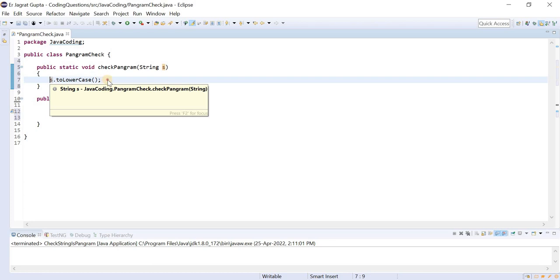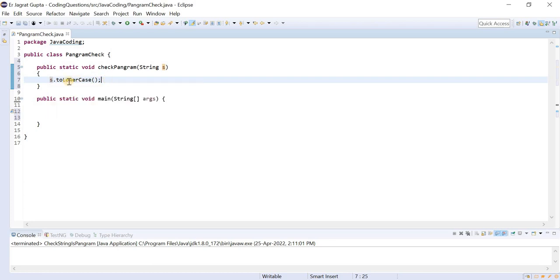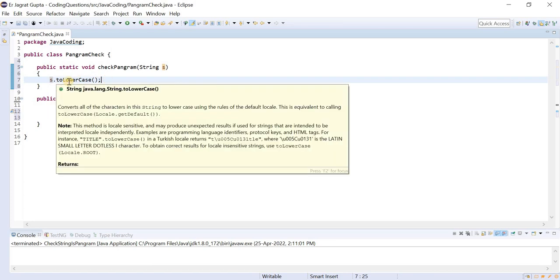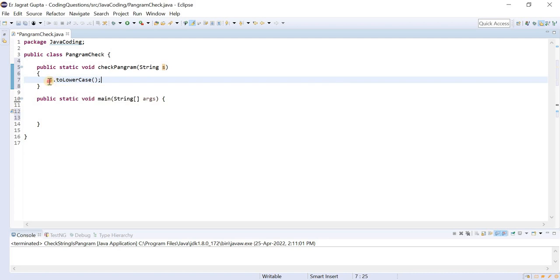So from the safety point of view, we convert our input string into lowercase. Let me store this in another string.